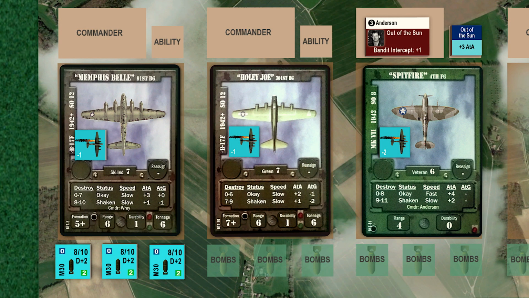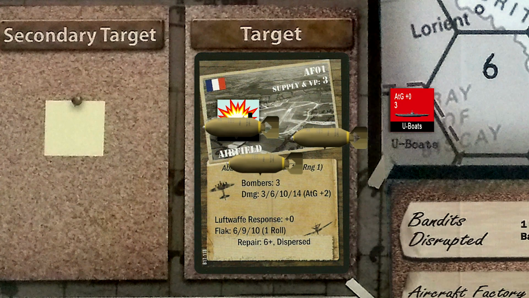The 91st group is up next, and they weather a flak barrage. And the flak gunners miss on a roll of 5, modified to 4 for durability. The 91st will bomb with a +4 modifier, 2 for the target, and 2 for the M30s. The 91st salvos her bomb load,